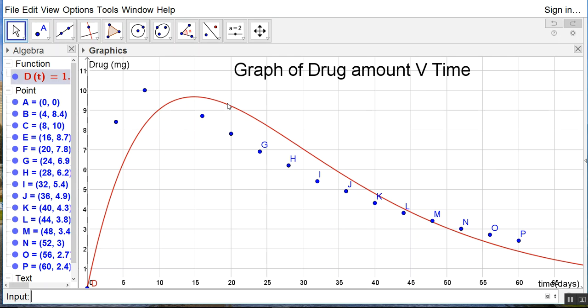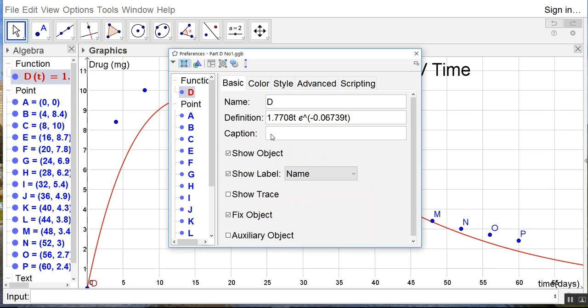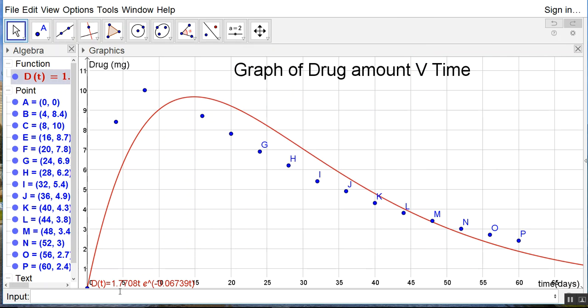Now you probably want to label that graph too. You can do that in several ways, but one way is to right click on it, object properties, and you can put the name of the graph in the caption here. Yes, it was D(t) equals, and we could just copy this that we typed in, put it into here, and there it is down here labeled. You can move it a little bit so it's clear where it is, and there you go, there's one model compared with the data, and you could enter other models down here to compare them. Okay, hope that